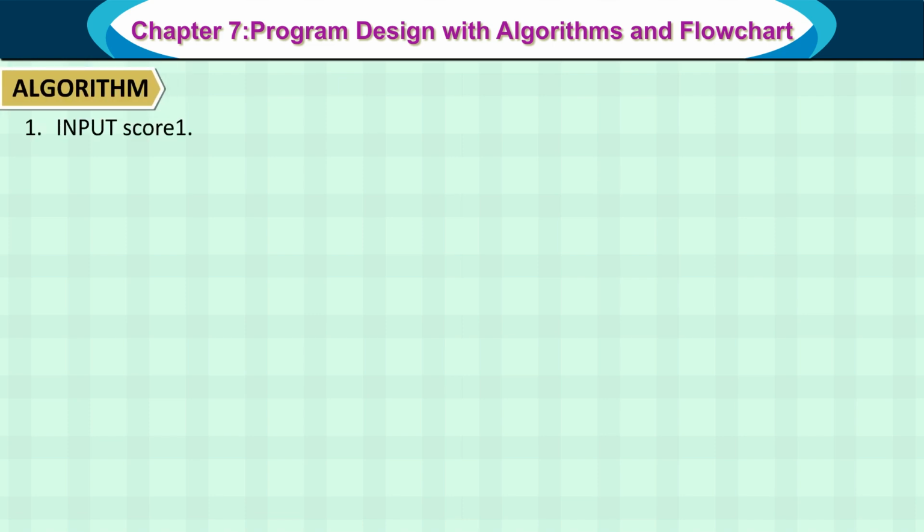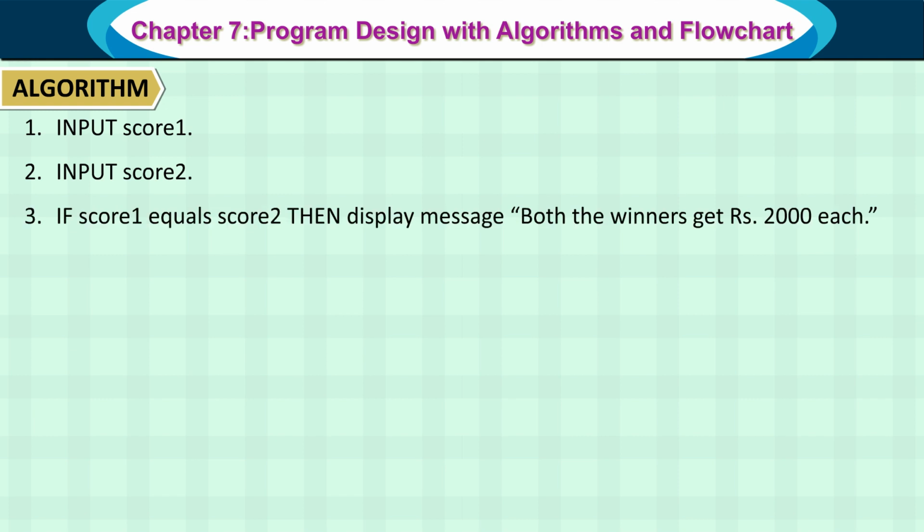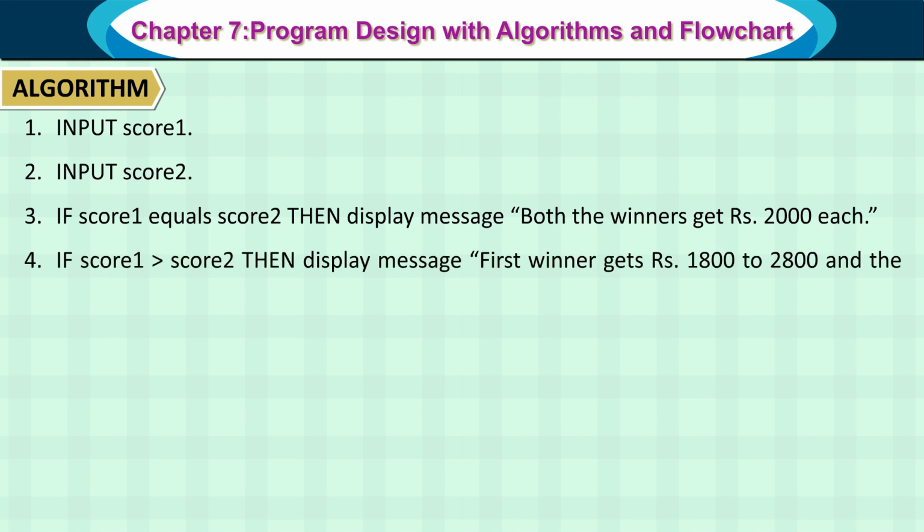Algorithm. 1. Input score 1. 2. Input score 2. 3. If score 1 equals score 2, then display message: both the winners get 2000 rupees each. 4. If score 1 is greater than score 2, then display message: first winner gets 1800 rupees,